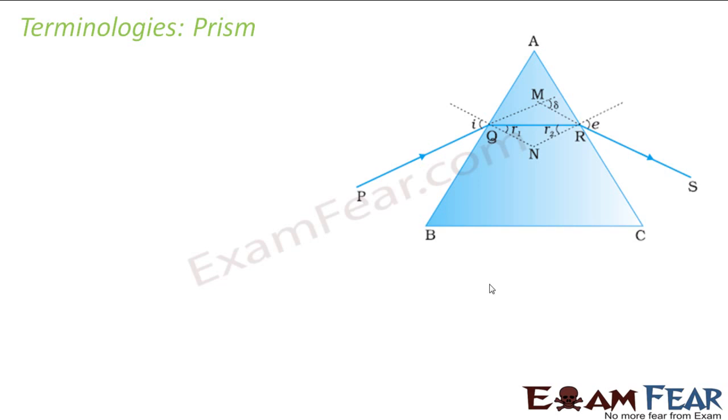There are certain terminologies related to a prism. The first one is incident ray. Now we will see how refraction takes place through a prism. Here you can see this is the ray of light which strikes the prism. So this becomes my incident ray. Then what happens when this ray of light enters from medium 1 to medium 2? This is made up of glass, right? So it has a different refractive index. So what will happen? Refraction takes place.